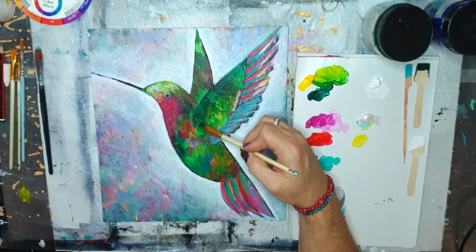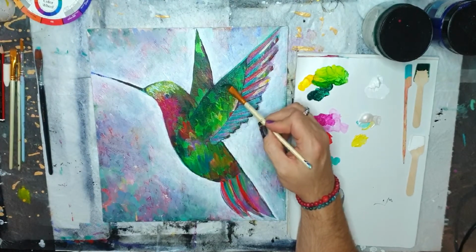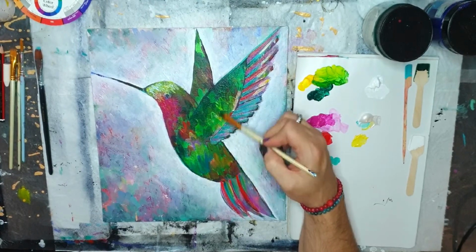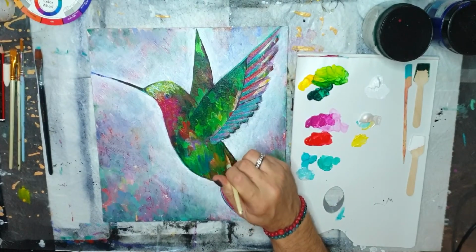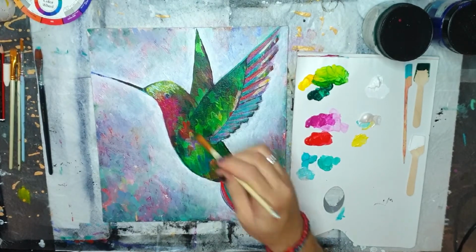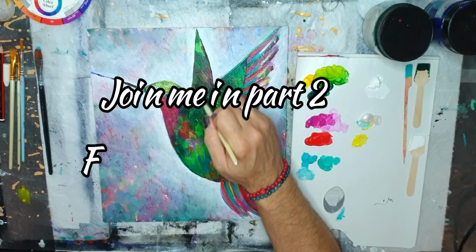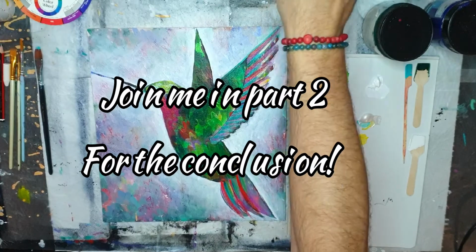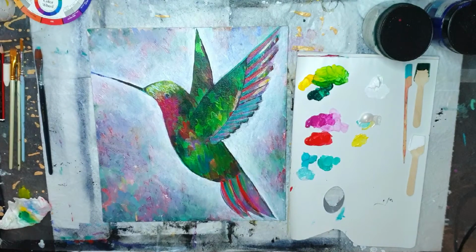And now I'm just brushing a little bit of this Viridian Green over this belly area, defining it a little bit more. Because the Viridian Green is a cooler shade, it will give us a little bit of a shading effect. I'm also using it here on the top part of the flight wing, and this helps to define this space a little bit more. This is a very thin glaze of